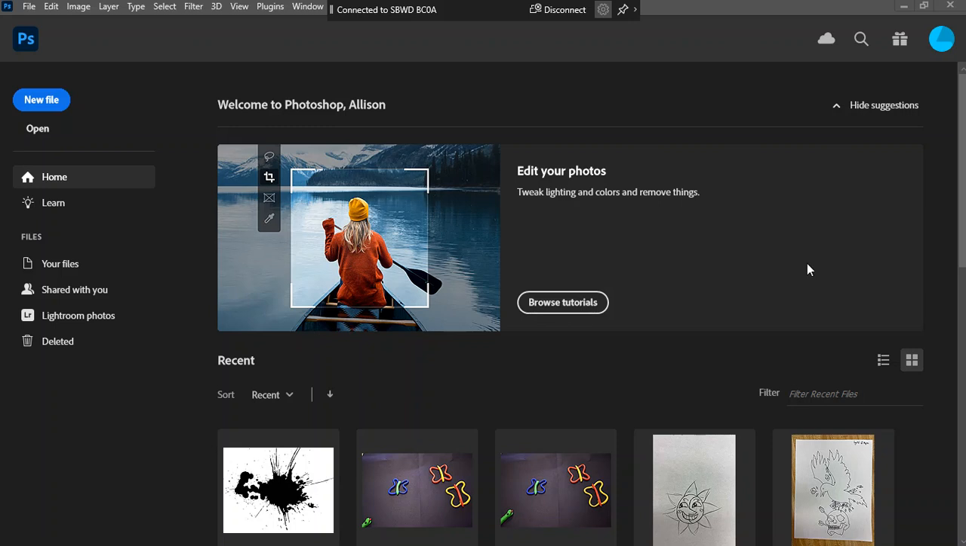Alright guys, so today we're going to learn how to make a custom brush. Anything in Photoshop, any sort of image, can become a brush. So we're going to first start with a new piece of paper. So grab yourself a new piece of paper,